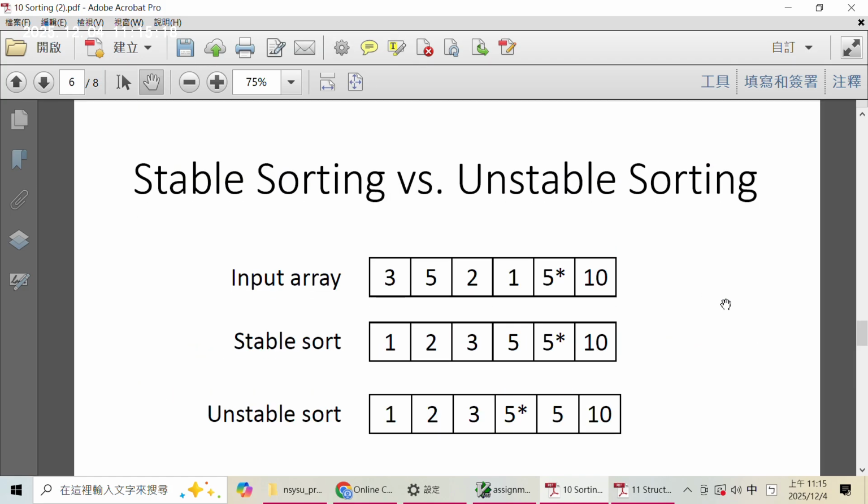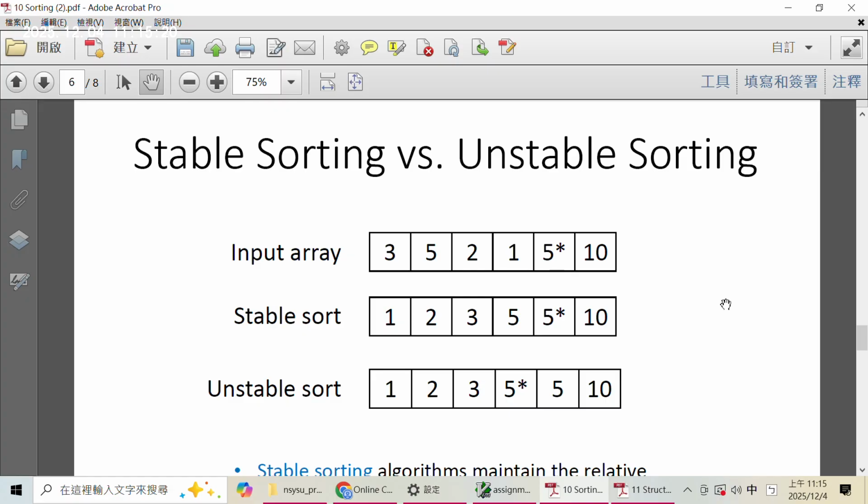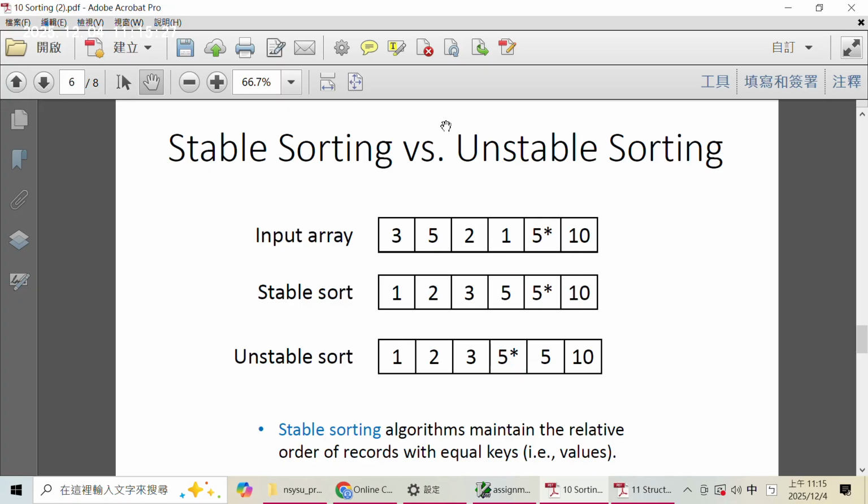And next, let's talk about the sorting behavior. And now suppose we want to sort this integer array. And for this integer array, we have 2 repeated values, 5. We have two 5s in this integer array. Now you will have 2 sorting results. The first one is